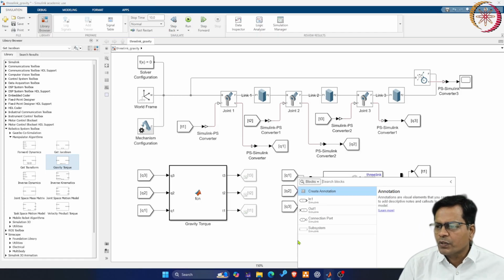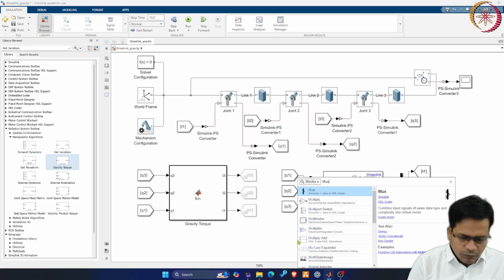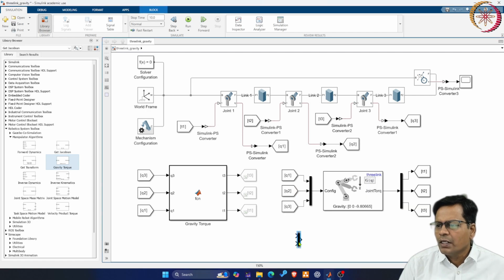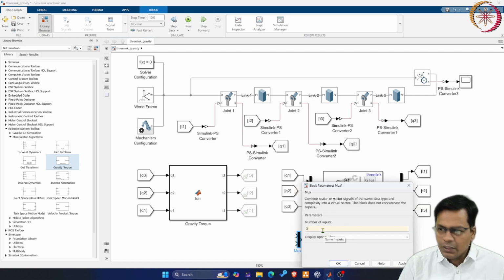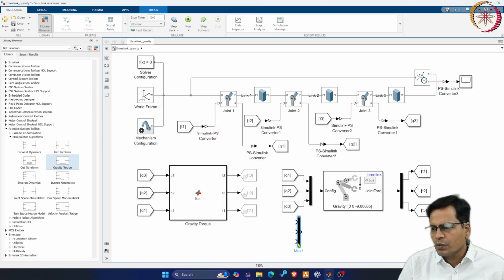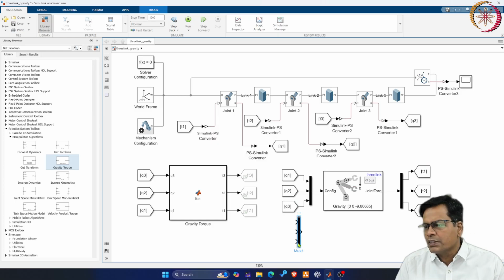Okay, so you can directly go here and do this. This is a standard Simulink block set, a smaller one, and by default it has 2 channels. You can increase it to 3 channels here. I am double clicking, entering the variable for number of inputs as 3, and it becomes like this. Make it a little bigger so that it becomes easier connecting the lines. Okay, so yes, this is your mux.